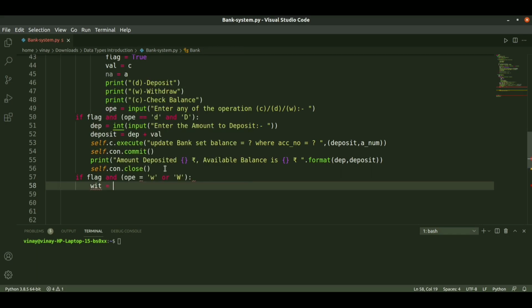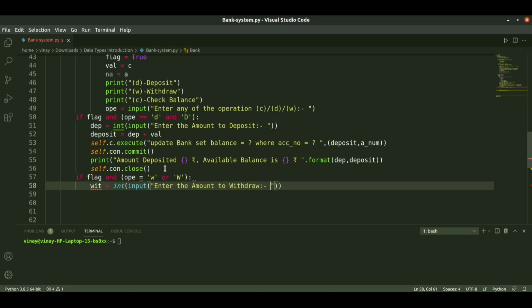I'm taking a variable as WIT, int of input: enter the amount to withdraw.